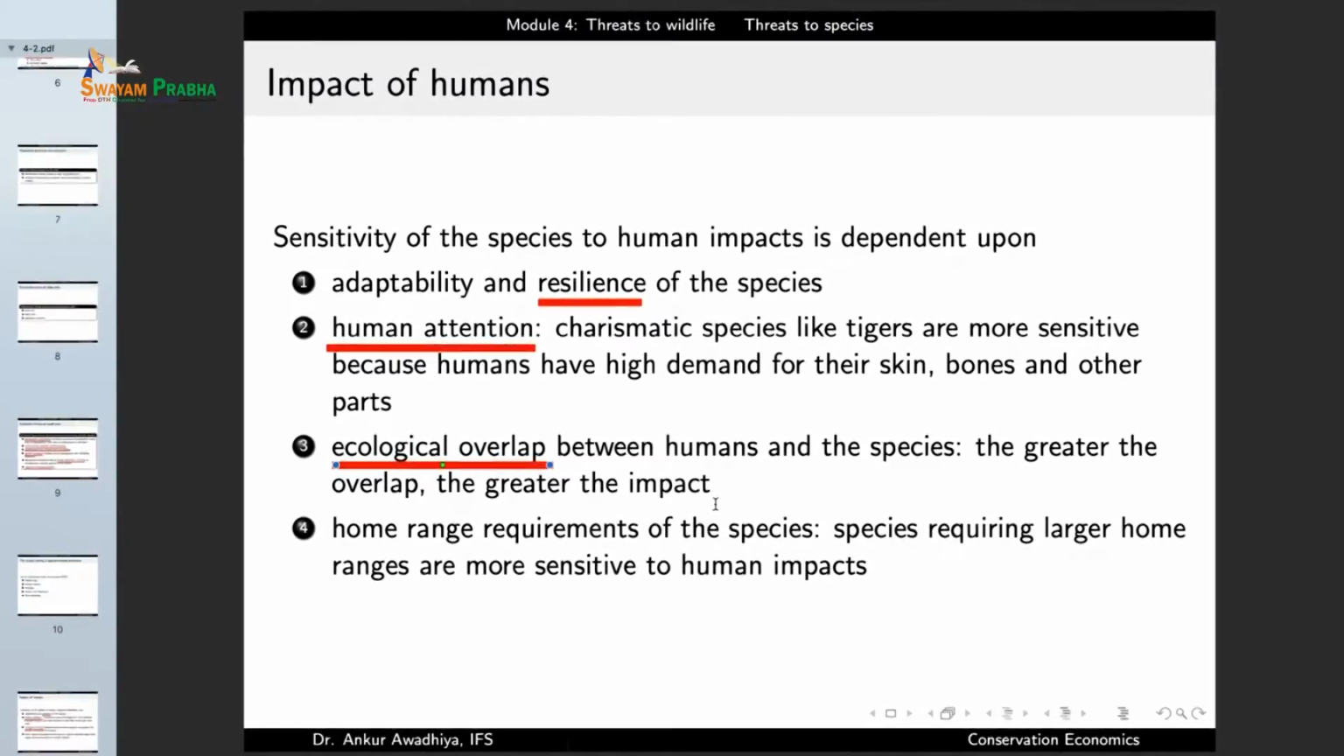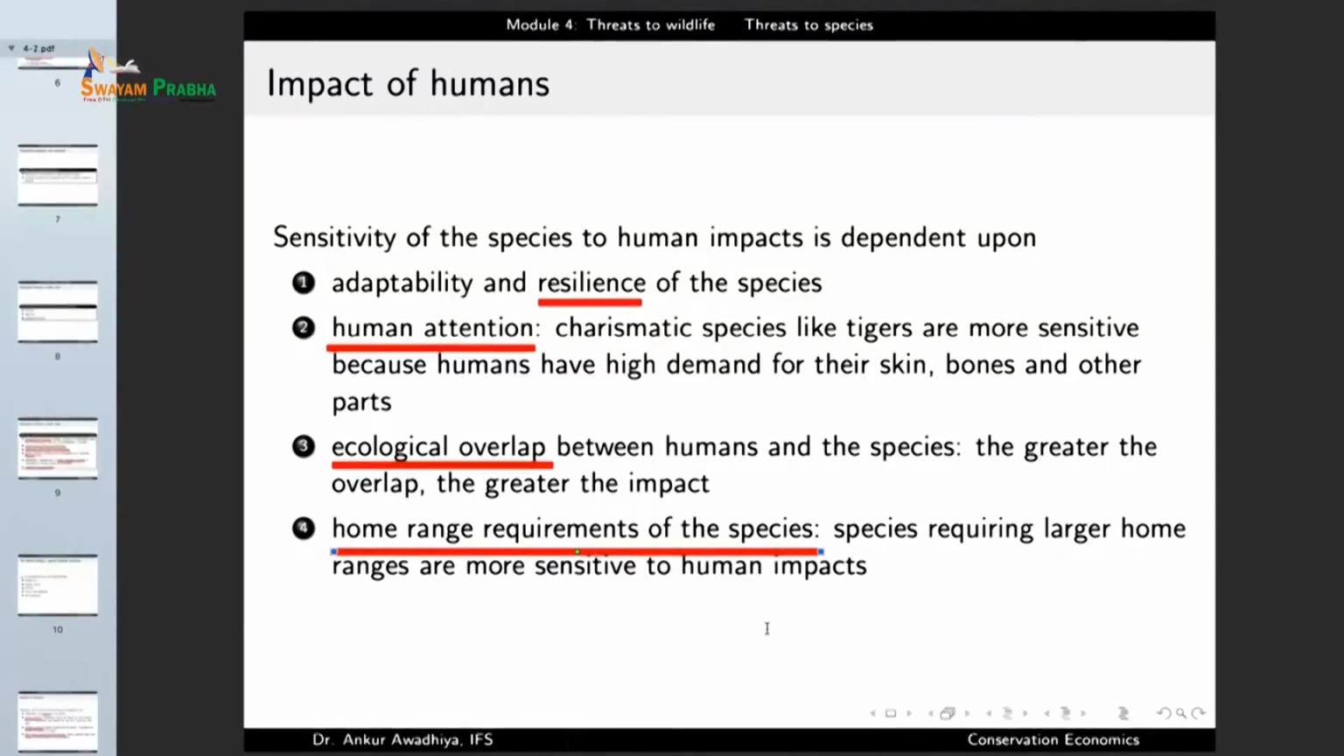Next, we have the home range requirements of the species. The species that have larger home ranges are more sensitive to human impacts. Why? To take an example, let us consider elephants. Elephants require hundreds of square kilometers of area for a small population. Now, if humans dissect this area into two small parcels, parcel A will not be able to hold an elephant population, and parcel B will also not be able to hold the elephant population, and the elephant population will